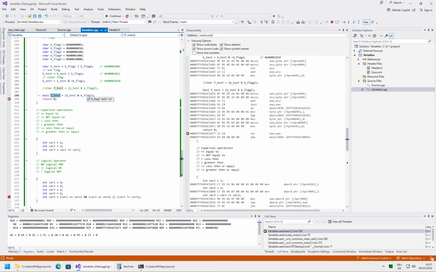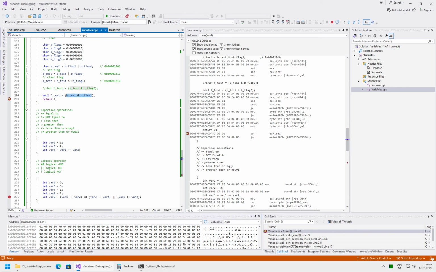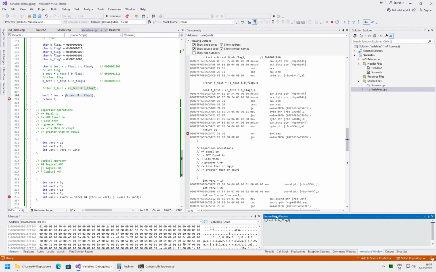But since we had different characters, if we go to the memory of the thing, where is it? Actually, it only holds 1. So let's see. There is this intermediate window where you can get simple equations evaluated, and you can also